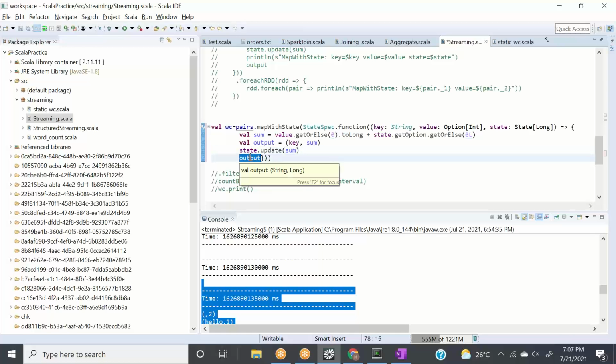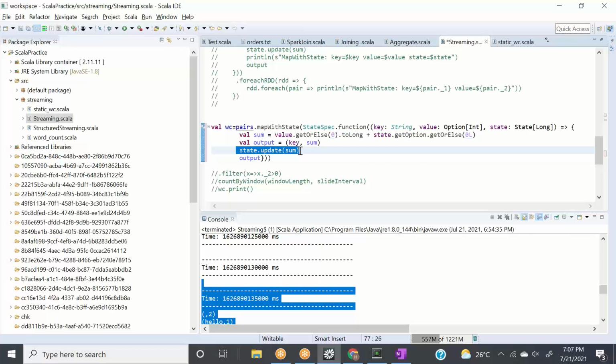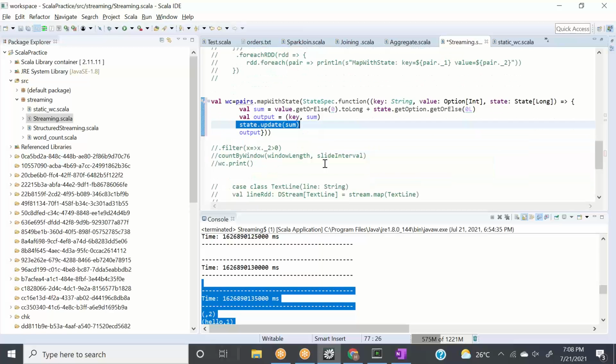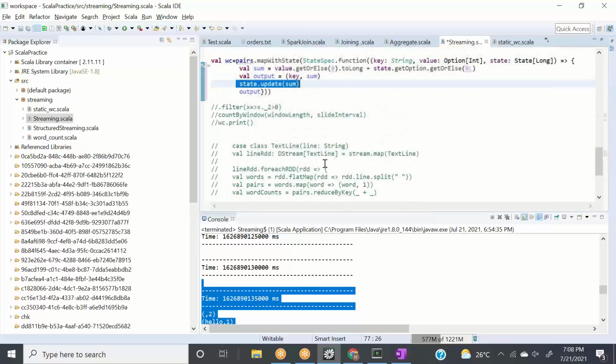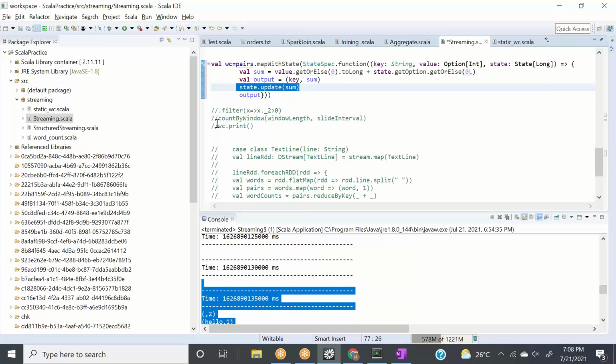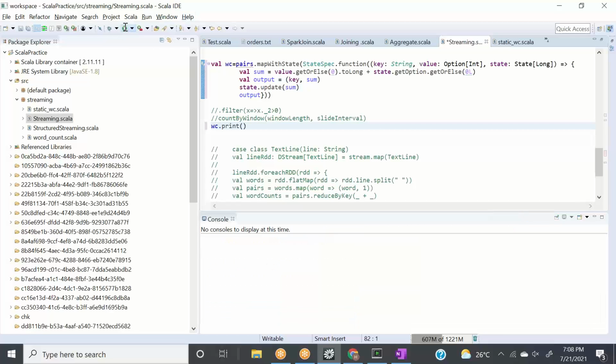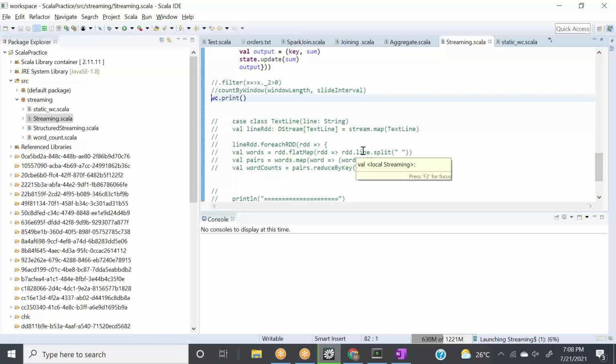The same thing we are doing in the updateState function, but here we are updating the state. So every time, instead of appending, it will be overriding the state based on your batch interval or window interval. Now when we run it, let's uncomment this part as well, and let's run it. You won't feel the difference in the result, but behind the scenes, it is different, obviously.